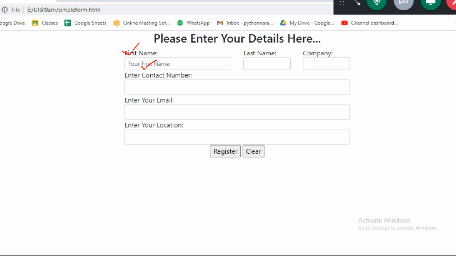Both are giving a prompt to the user, as if saying this box belongs to first name. But two are not required, right? Giving it two times is not required. Use either a label or a placeholder. Both serve the same purpose: giving a hint to the user. What is the hint? Hey, this box is for first name only.